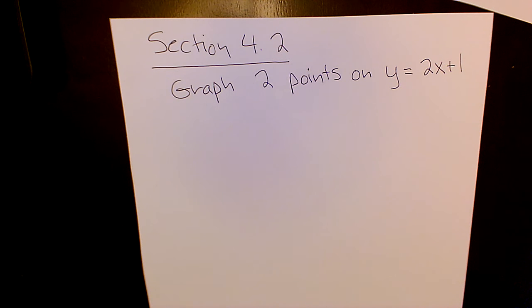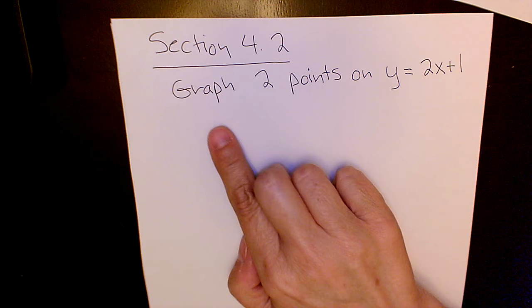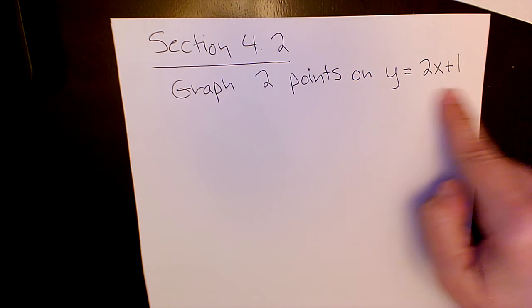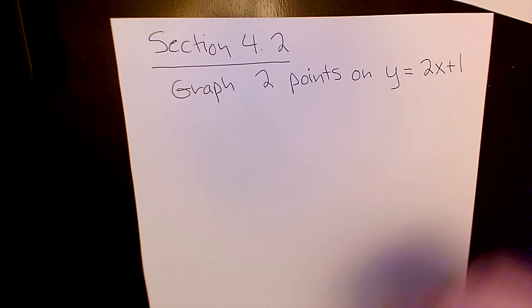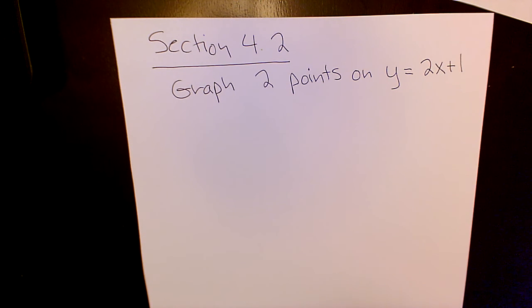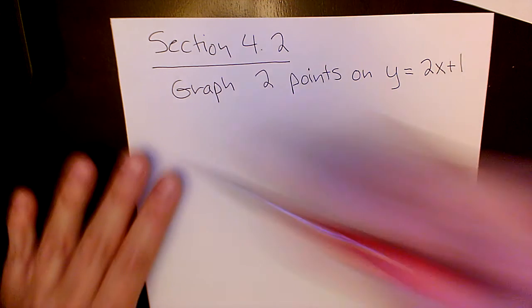Okay, Math 90, this is section 4.2, and we're just going to keep going with what we started in section 4.1. We need to be able to graph 2 points for this equation, y equals 2x plus 1. Now, in 4.1, they gave us an x and a y, or they gave us just an x, or just a y. Here, you pick